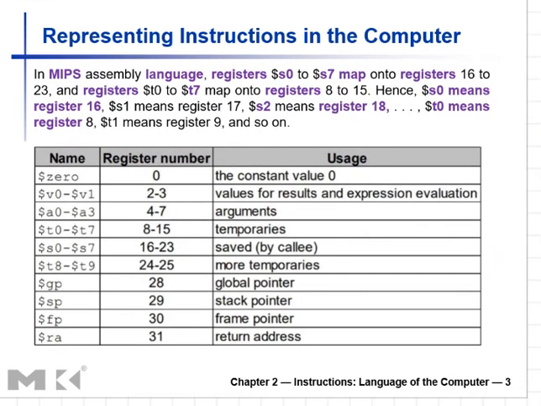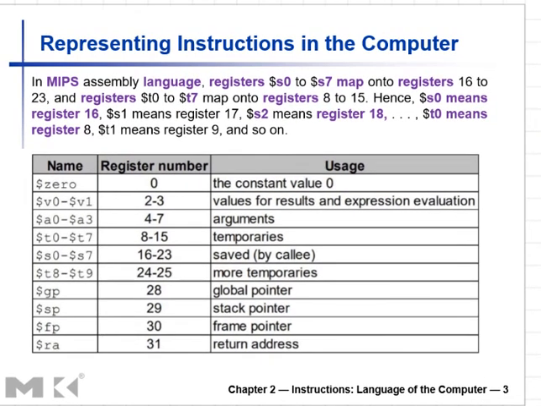So let's assume the registers. What are the registers we will be using and what are their numbers? In the table here, the first column is the register names, like register 0, ZERO, register V0, V1, A0, A1, A2, A3. The next column shows the corresponding register numbers. For example, for the first register, register 0, the corresponding register number is 0.